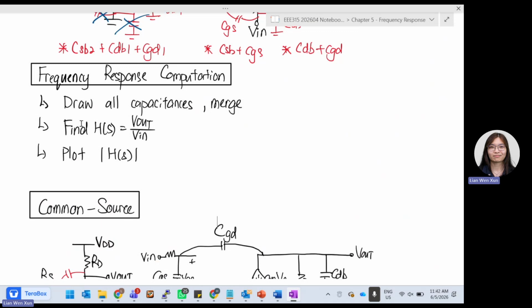And then we can combine C1 plus C2 plus C3 together because they are from V out to ground. That's it. So in the end, you're left with probably only 3 capacitors in your small signal model. And in this case, we again have capacitor, capacitor,